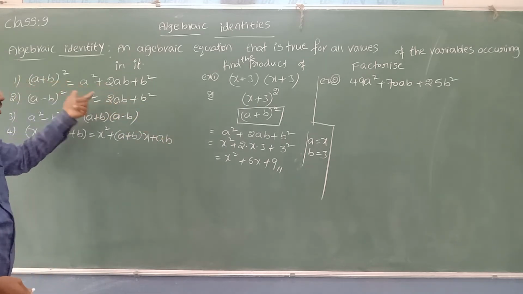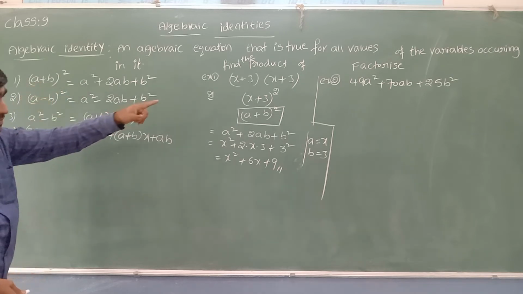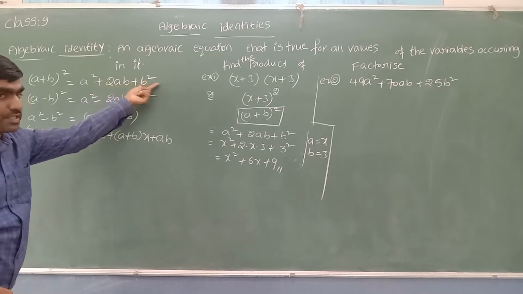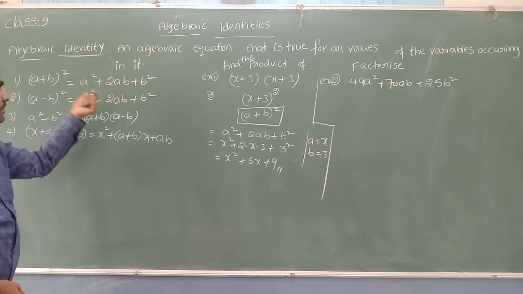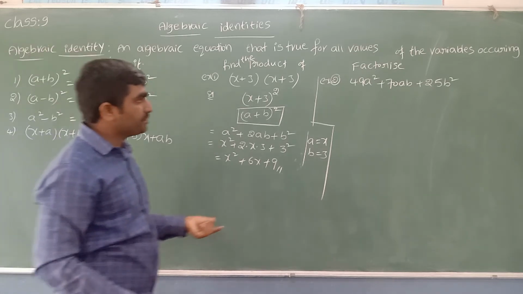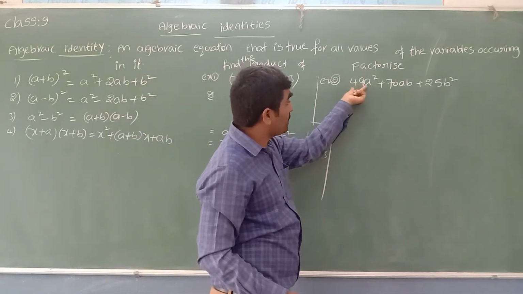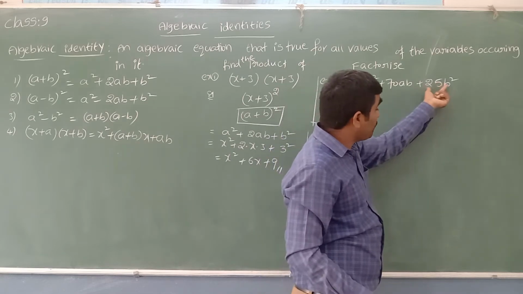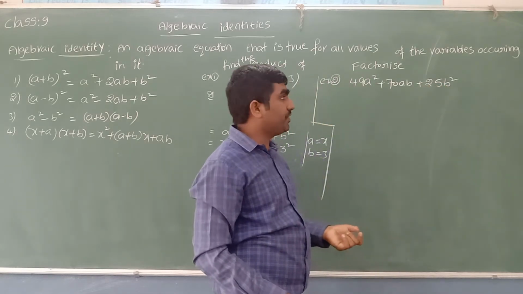It is like the expansion of a plus b whole square, which means that we can do a comparison like a square plus 2ab plus b square. A square perfect square, b square perfect square. Yes, even here you can see 49 is a perfect square, we can write 7 square. Even 25 is also a perfect square, we can write 5 square.